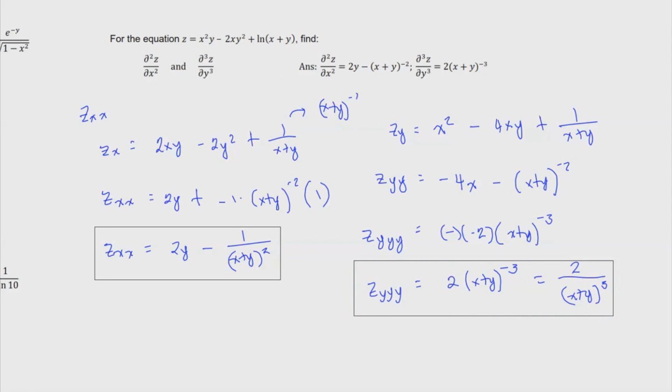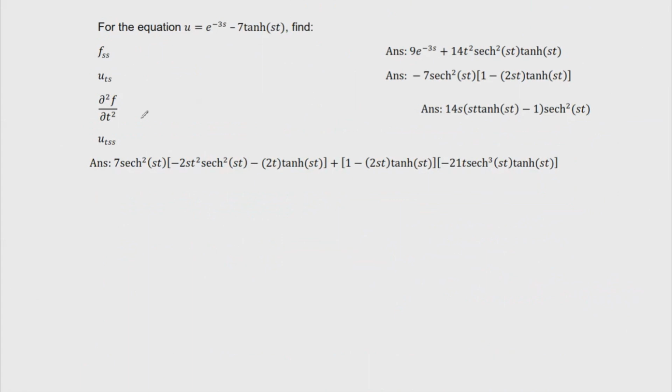Now let's have another one. Now for this example, we have a lot. So we start with f sub s sub s. So that is the second partial derivative of u with respect to s. So this should be u, but because we're thinking of f as if it's the function given, we'll be using this e to the negative 3s as if f is equal to u. So we take f sub s, or this is also equal to u sub s. So we take e raised to negative 3s, and then the derivative of negative 3s is negative 3, and then we have minus 7, and then the derivative of hyperbolic tangent is secant